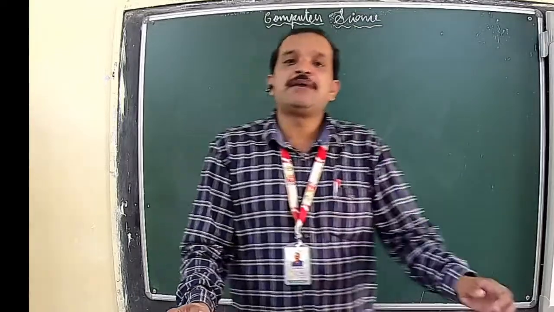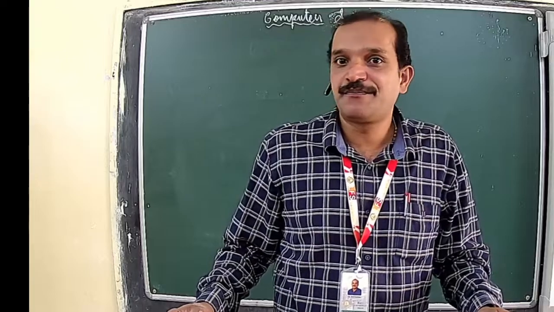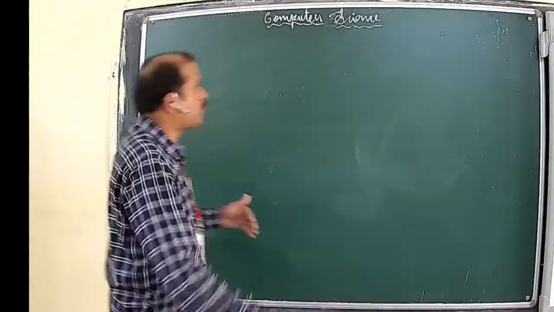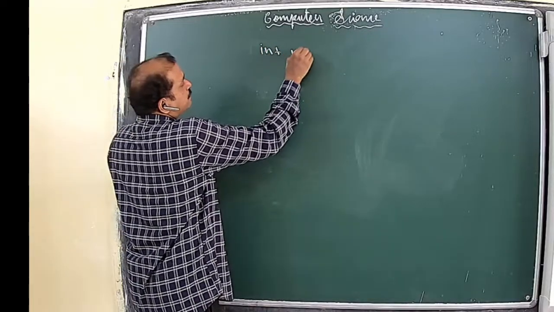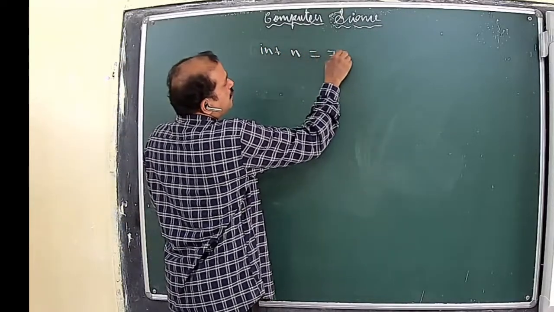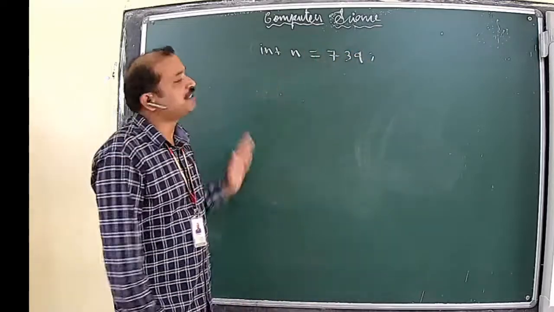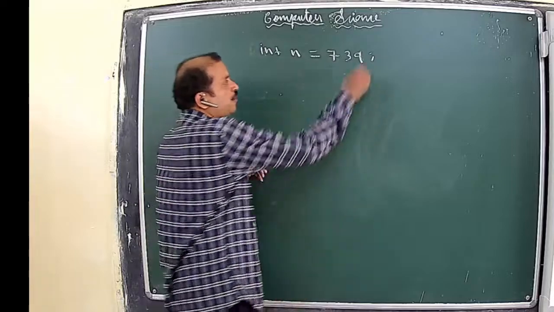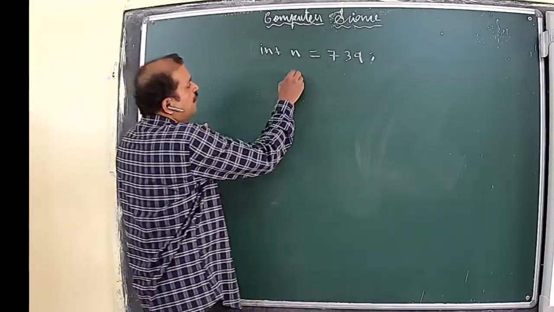and definitely the technique that is needed to see whether a number is a palindrome or not is to reverse a number. And in order to reverse a number, for example, let us say that integer n equal to 739. To check whether this number is a palindrome number, first we wanted to reverse this number to another variable.